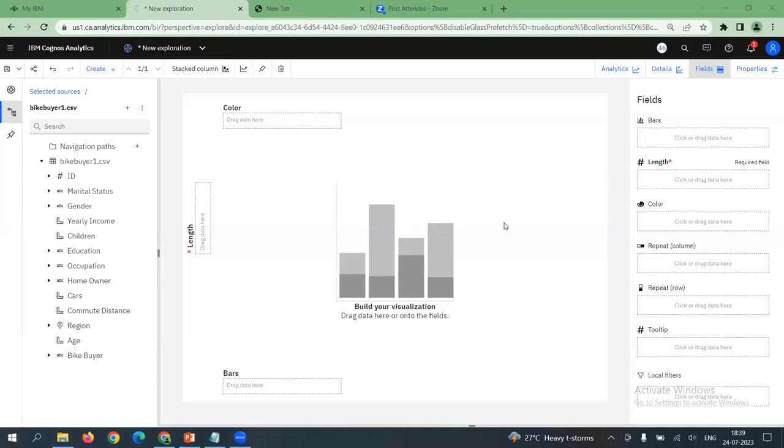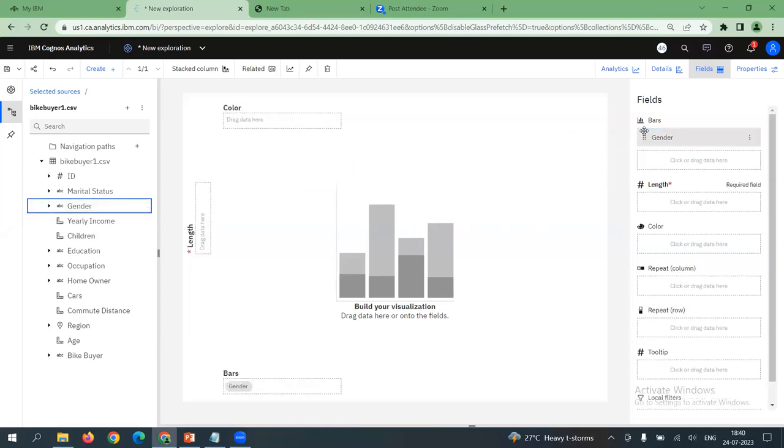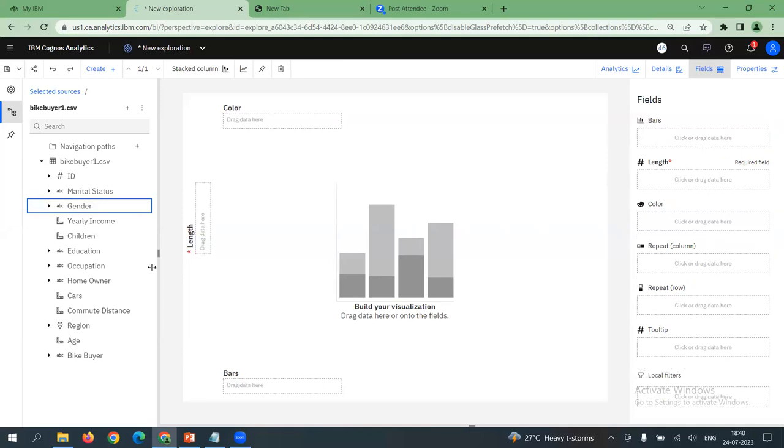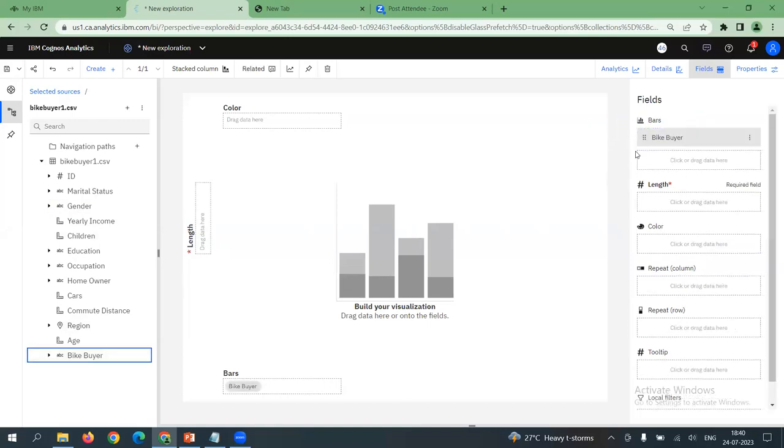Then under the bars, we would like to discover the category. The category we are interested in is gender. So please drag and drop gender into the bars category. Or you can also put your target variable, because categories to be represented can be a target variable. Alternatively, you can drag the bike buyer target variable into the bar section. Bars are nothing but the quantities or the qualitative items like the yes category, no category, etc. Please drag and drop the bike buyer variable, which is a qualitative data item with two class labels, which is our target, into the bars.